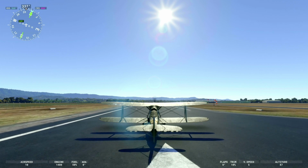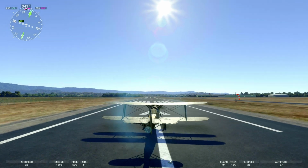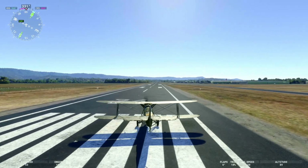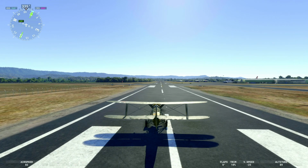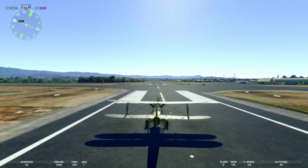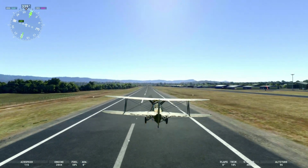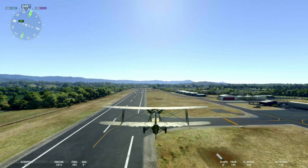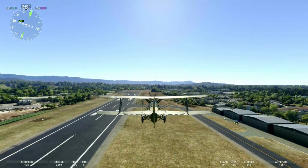These are on. I'm expecting a kick to the left. There's a little bit. There she goes. Oh, look at that. Once she gets up on those two wheels, she gets very squirrely a little bit. Not too bad. There we go. She's just away. Nice gentle lift off, as you would expect from any biplane. So let's head on over